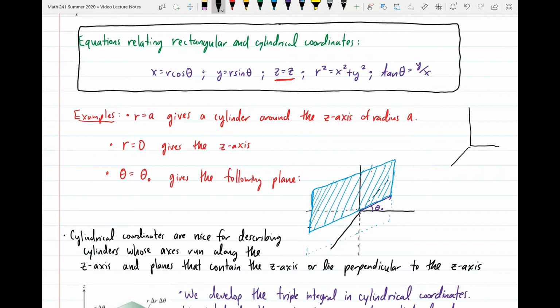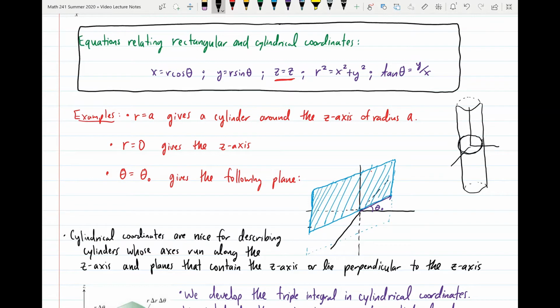if we drew a circle in the xy plane, we're going to have the whole circle contained here for this equation r equals a, because theta is not restricted at all, and then z is not restricted at all either. And so we have a cylinder that goes all the way up and down the z-axis, kind of like this. And yes, I know that this drawing is kind of bad, but hopefully you at least get an idea of